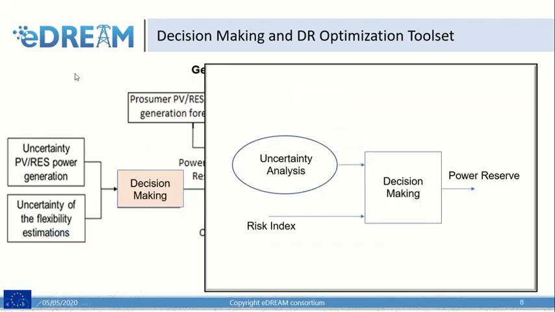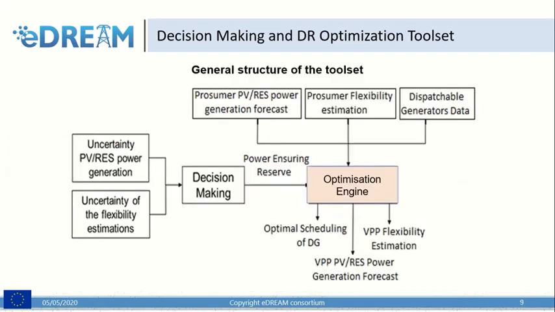Based on the uncertainty analysis of PV generation forecast and flexibility estimation and the risk index selected by the operator, the decision-making module will calculate the power reserve, which is then used by the optimization. The idea of the optimization is that the optimization algorithm will select the optimal set of generators which generate the required demand and are also able to ramp up and down to balance the variations of the PV generation and flexibility